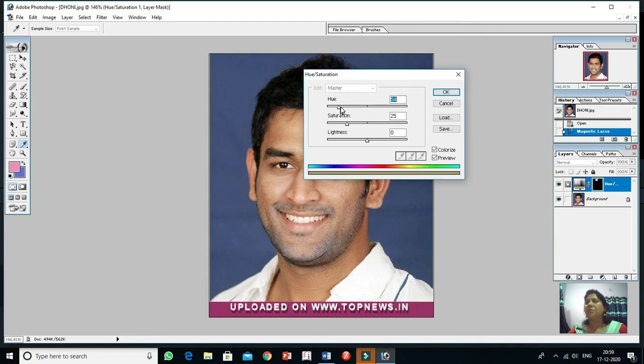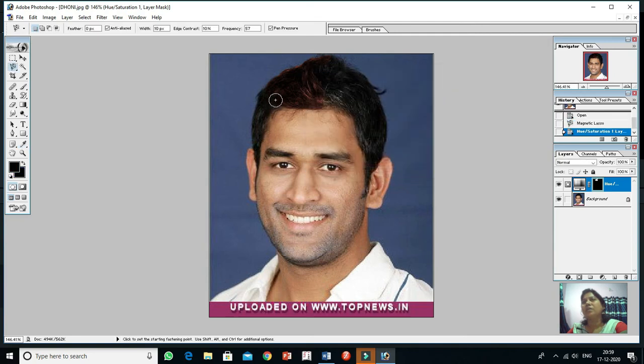As I am specifying the hue to 9, you can scroll here only, or directly you can specify the number. And for saturation, I am writing 45. Now this is the new color. Okay. Now click OK. Now see, the hair color has changed to a different style. Like the same procedure, you can select the eyeball and change it by these hue and saturation options.